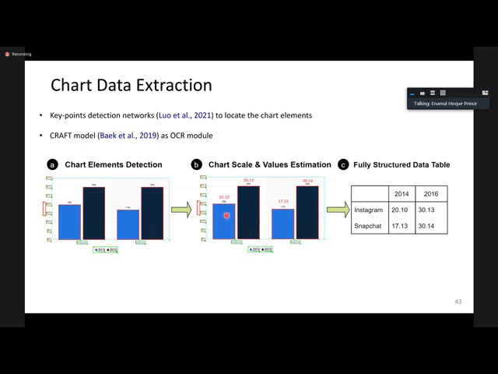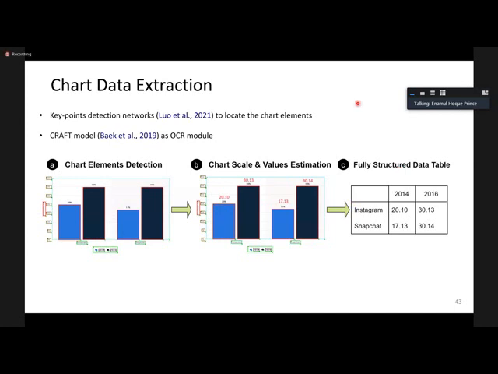So what we do in this case simply is, let's say you have this y-axis, you can see how many pixels each of these axis levels takes from the bottom. And then based on that, you can estimate how much this bar height is. And then from there, you can interpolate to get the idea of what the value of this bar will be. So based on that, we recover the fully structured histogram snapshot. And then these are the years, these are the values. Of course, this is not completely correct all the time. So there are errors that can happen during this data extraction.